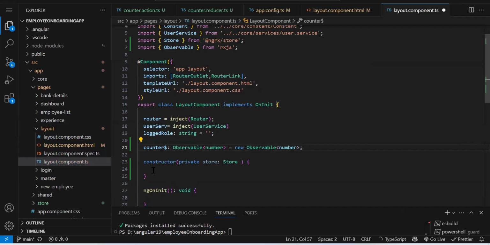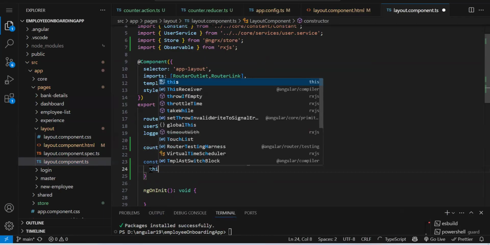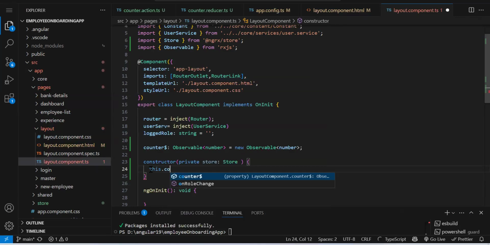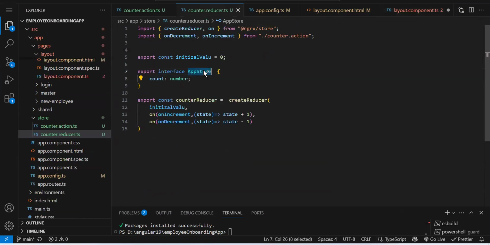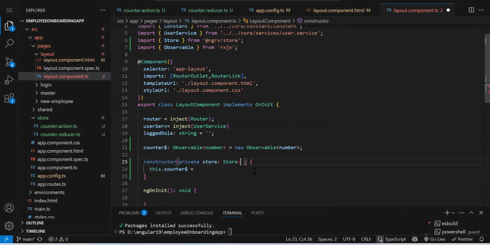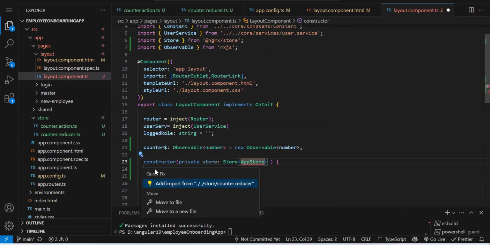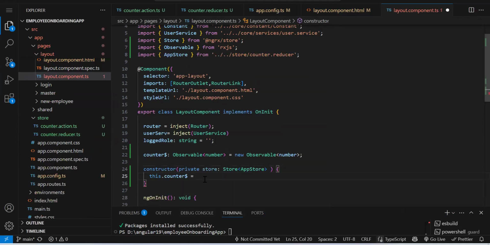Now in this observable, what data we need to store? So we need to read the data from our store. So this dot counter is okay. We didn't specify the data type of the store. What was the app store? So this is our interface of the store. Let's add the input. Now from this store, you need to read the data from your store.